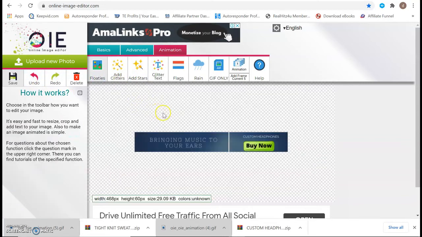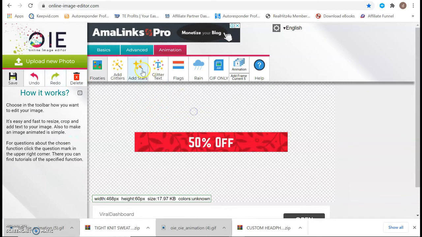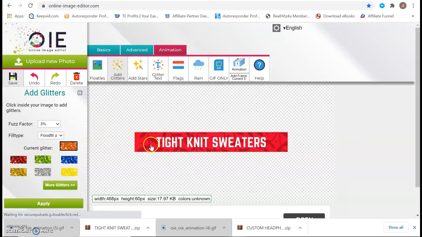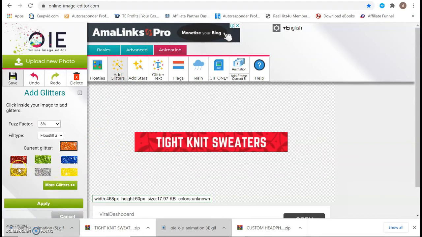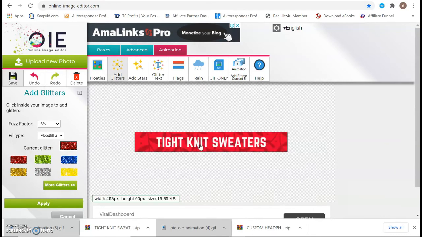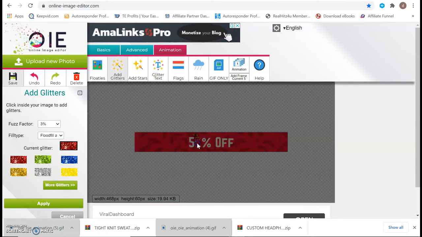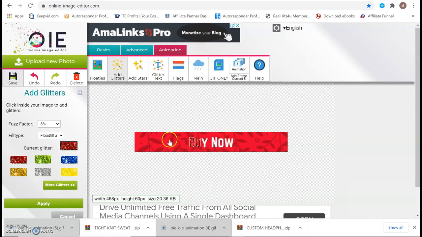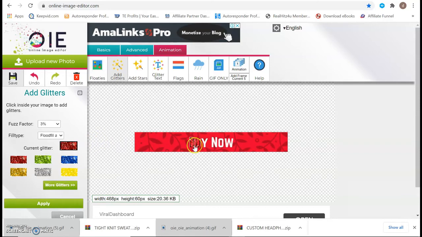Let me do an undo here. Okay, and then let me get some stars here, or glitters here, right? So the glitter, what it will do is it will put some glitters on top of the text. For example, let me just take this glitter thing and then try to put some glitter on here. It works better when you are having the text as static, and it will just keep on showing the glitter on the text itself. Then there is another option which is the text glitter altogether.